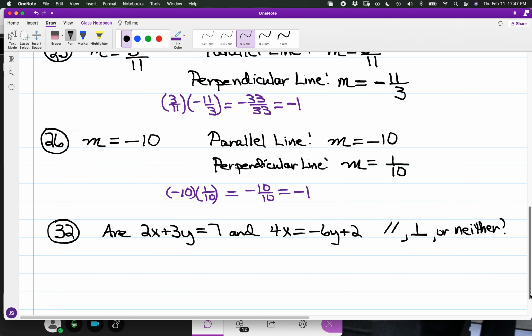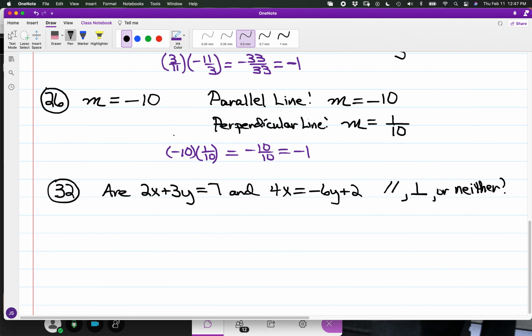To find out the answer, if they're parallel, the slopes will be the same. If they're perpendicular, the slopes will have opposite sign reciprocal values. And if you don't have either of those cases,